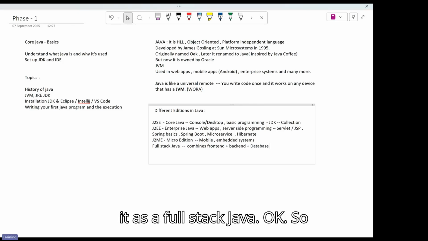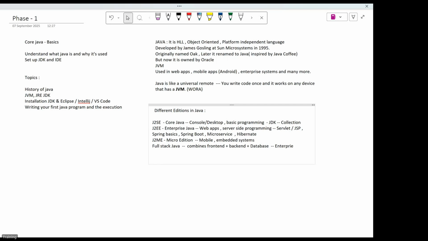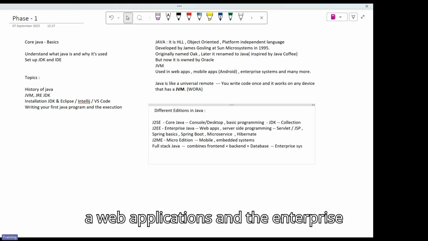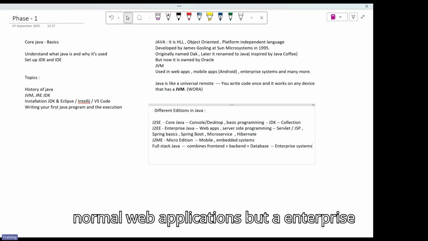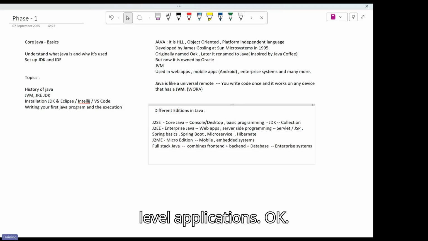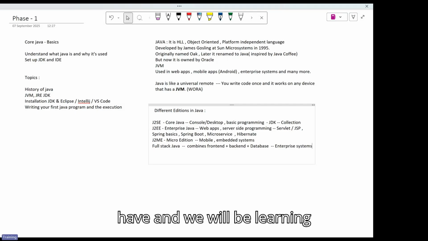That we call full stack Java. Obviously it is also used for creating web applications and enterprise-level applications, not normal web applications but enterprise-level applications. So these are the Java editions that we have, and we will be